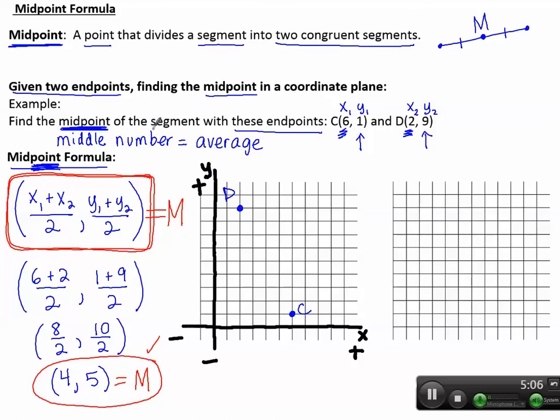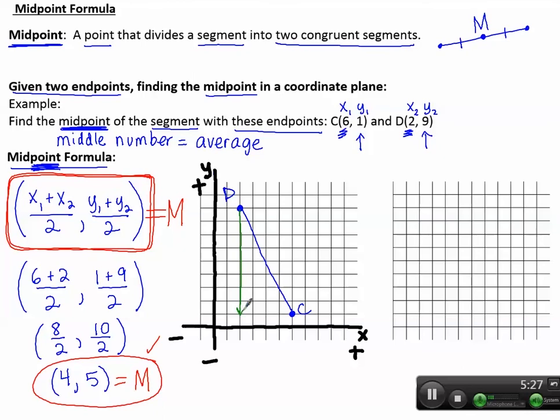Ultimately, we're drawing a segment. So if I connect from this point to this point, that is the segment for which I need to find the midpoint. Instead of having to use a formula, we could count. Let's find the change in y from D to C. So I'm going to count straight